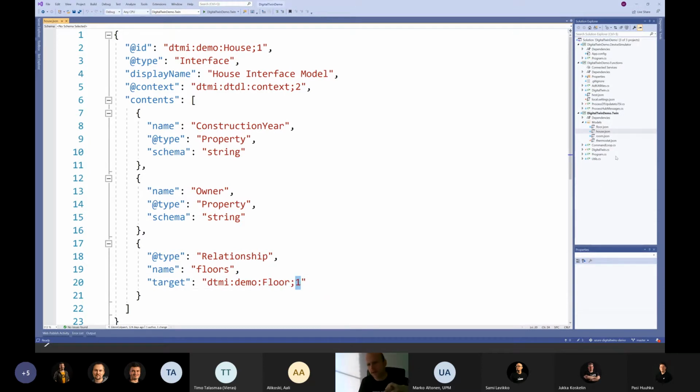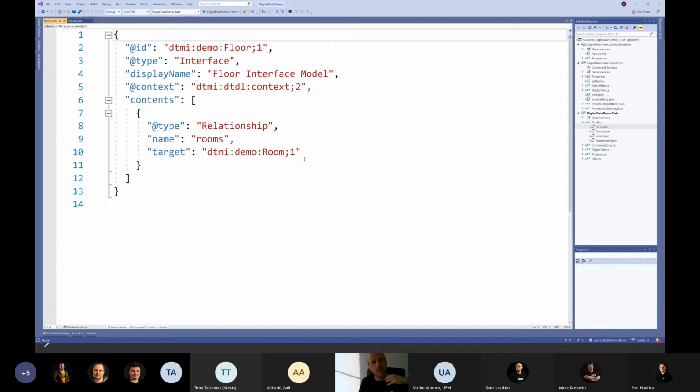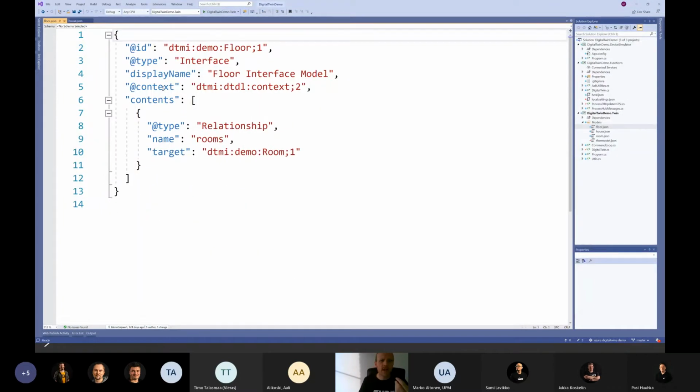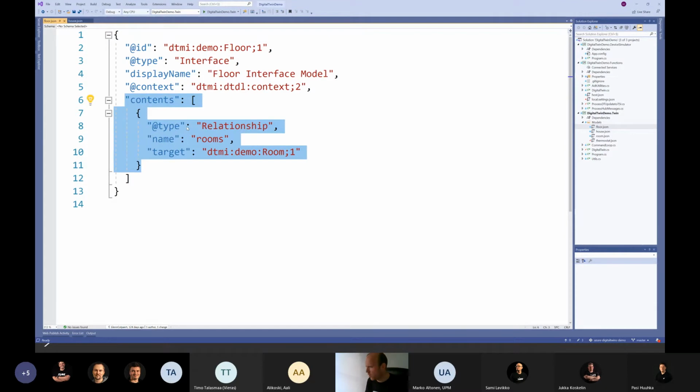And if you look at the floor I defined, you see here that I have another model defining my floors. So you can see here that my house is linked with a relationship with the target floor. And here again, we have the same principle. We give it an ID, some fixed values, and then inside the contents, there is the most important thing you need to identify. My floor doesn't have much